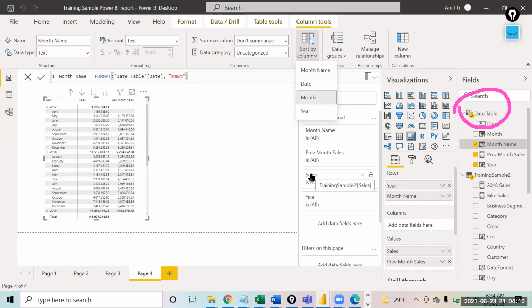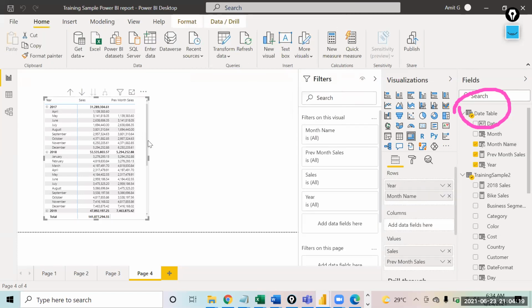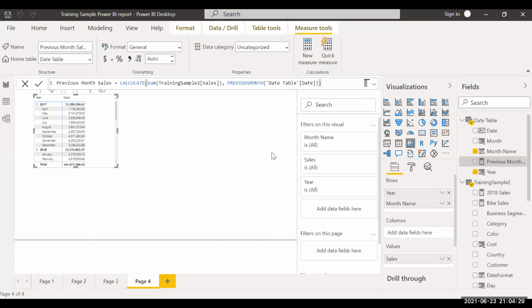Previous month is not being added to my rows somehow. Can you share the screen? So I sorted the month name, now I'm trying to add it here. It will come in the values.